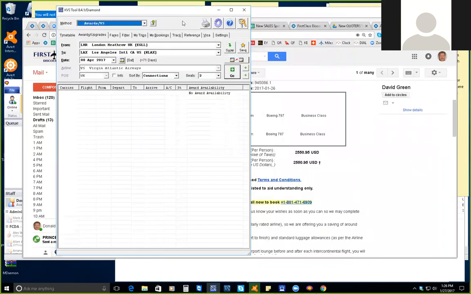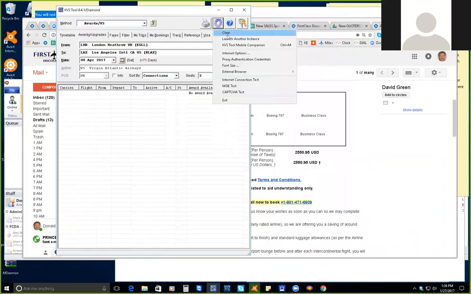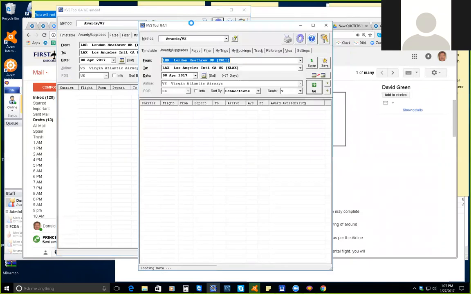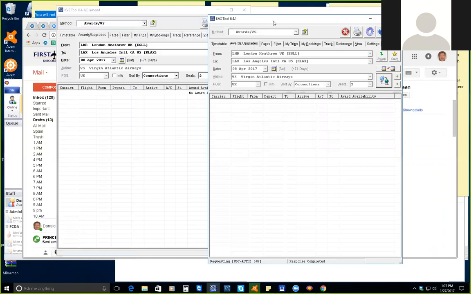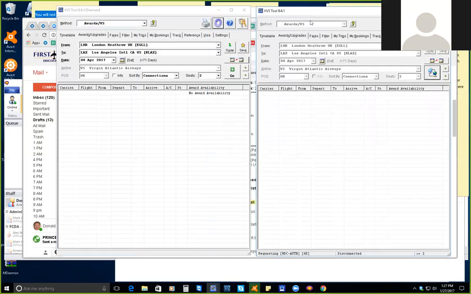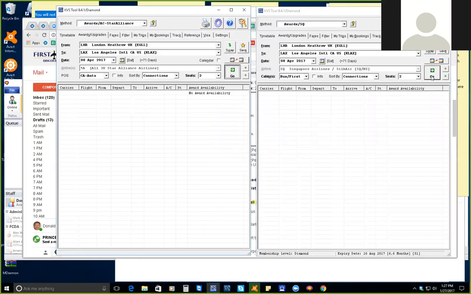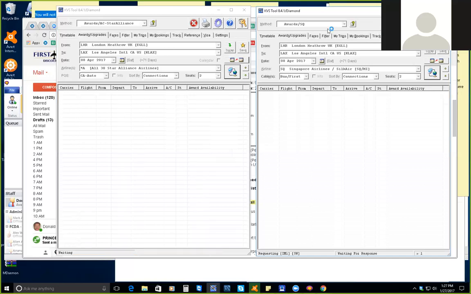Because with this KVS tool, you can launch another instance and you can actually be searching two airlines at once. So once you're fully trained and being a specialist in one particular airline, we may have you specialize in maybe this airline and also that airline, so that you can search two of them at once and do two quotes in pretty close to the same time as one quote. And that's fine too once you get fully trained and are a more advanced type of quoter. Okay,